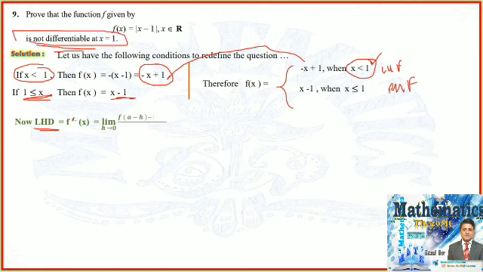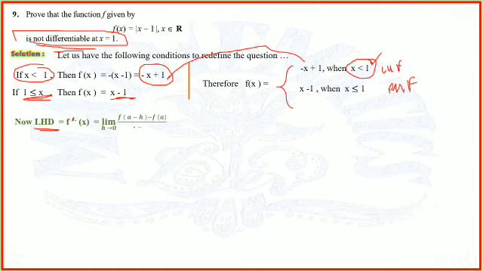derivative f dash minus of x is equal to limit h tends to 0 of f of a minus h minus f of a upon minus h. This minus h is for the left hand, and this minus is for the left hand derivative. This is the formula. We will put the value: limit h tends to 0, since the value of a in this case is given, prove that this function is not differentiable at x is equal to 1. So 1 will be taken as a. So f of 1 minus h minus f of 1 upon minus h.